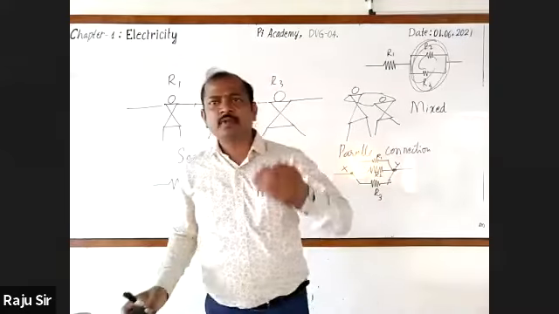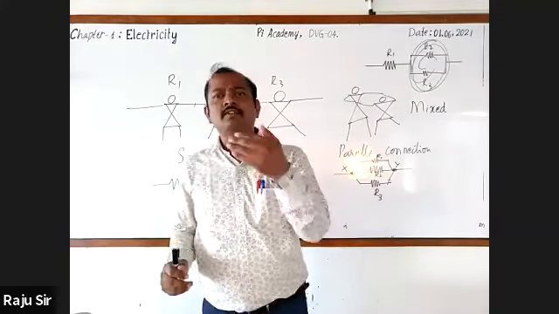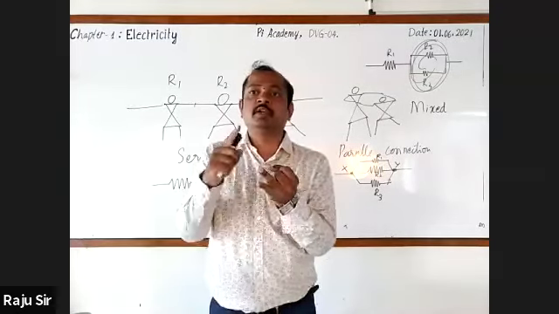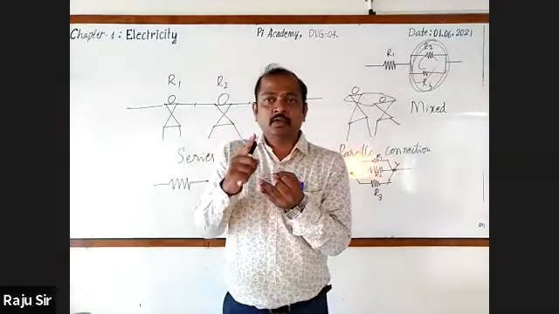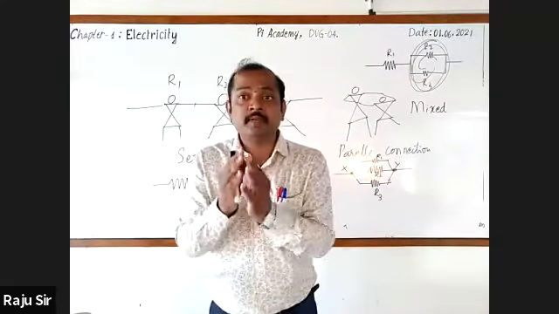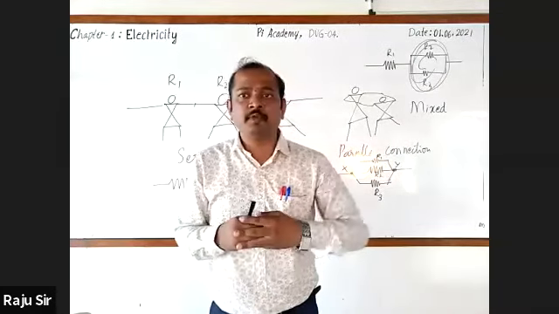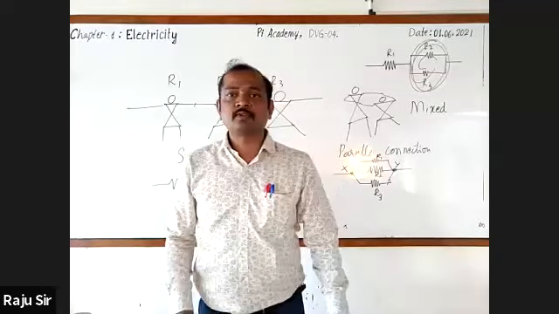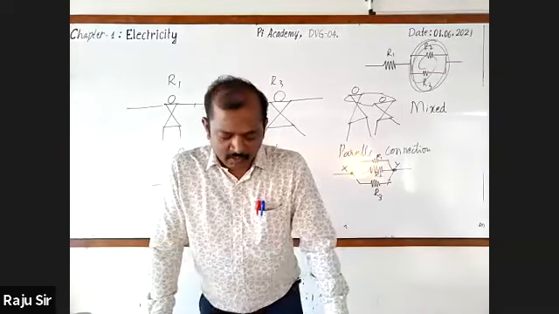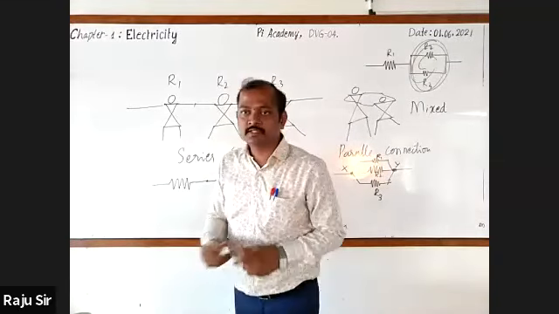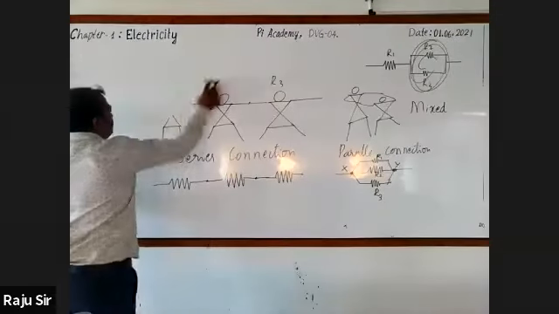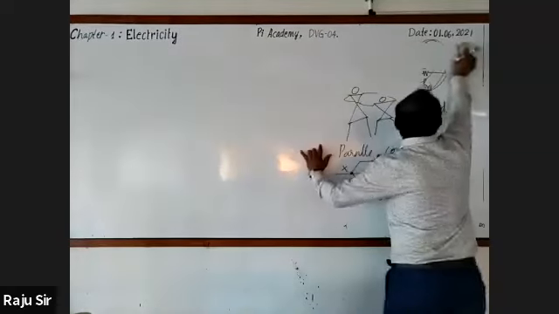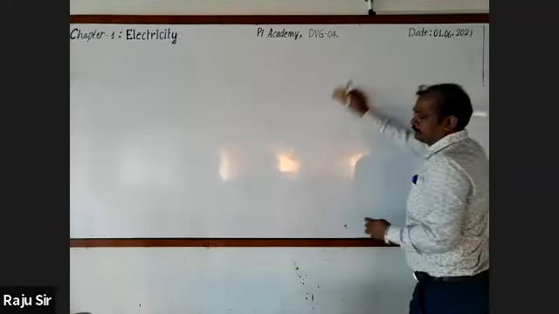Okay, let us discuss these connections, series, parallel, and mixed connection, in detail. We will come to know what the advantages and disadvantages are, and how these connections are responsible for increasing or decreasing different physical quantities like electric resistance and current. Now, please write the side heading, resistance of a system of resistors, as given in the textbook. I have given you the same heading, right?